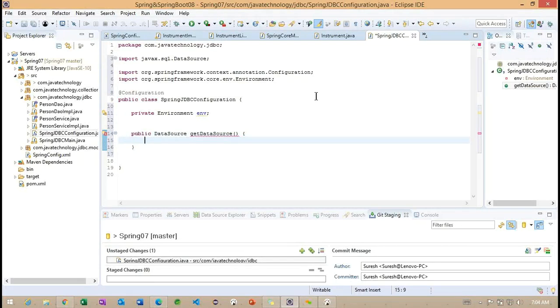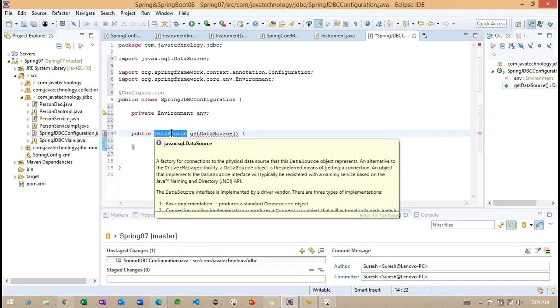when we were working on the XML style, what is the implementation class we used for this particular data source? Any idea? JDBC template. And named JDBC template.